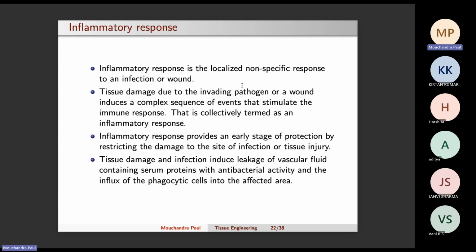Now, inflammatory responses. We will now discuss the steps, the main steps that will help you understand that an inflammatory response is happening, and also the types of inflammatory response. The inflammatory response is usually localized and a non-specific response to an infection or a wound. So it is limited to a local region. It is not a systemic thing. It is not happening throughout the body, but inflammation happens at a localized region, and it basically is a non-specific